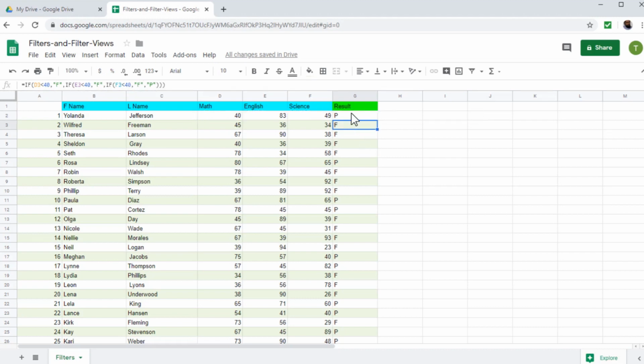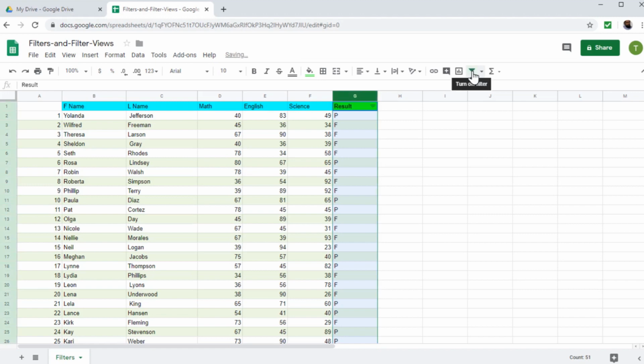The purpose of showing this to you is that these P and F are not data values, they are coming from a formula. Let us see, I want to apply a filter on this data. This filter can be applied to a single column or to a set of adjacent columns. First, I apply a filter to this column G. So if I select this column, and then this is the filter icon, I click on create filter, and now it's completely shaded. You will also see a green color appearing here and on the side. Another thing you can notice is that there are three lines here now.